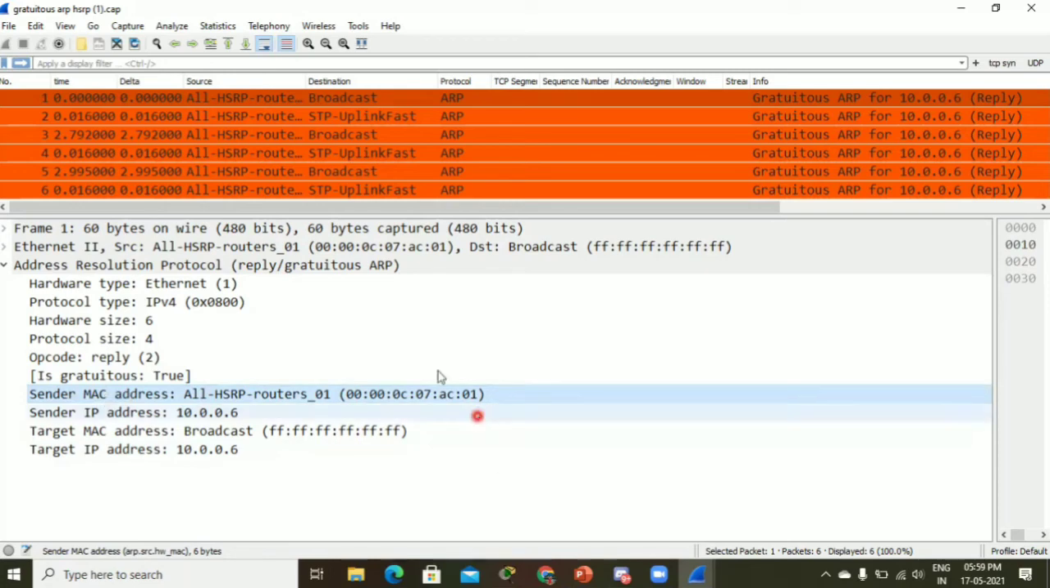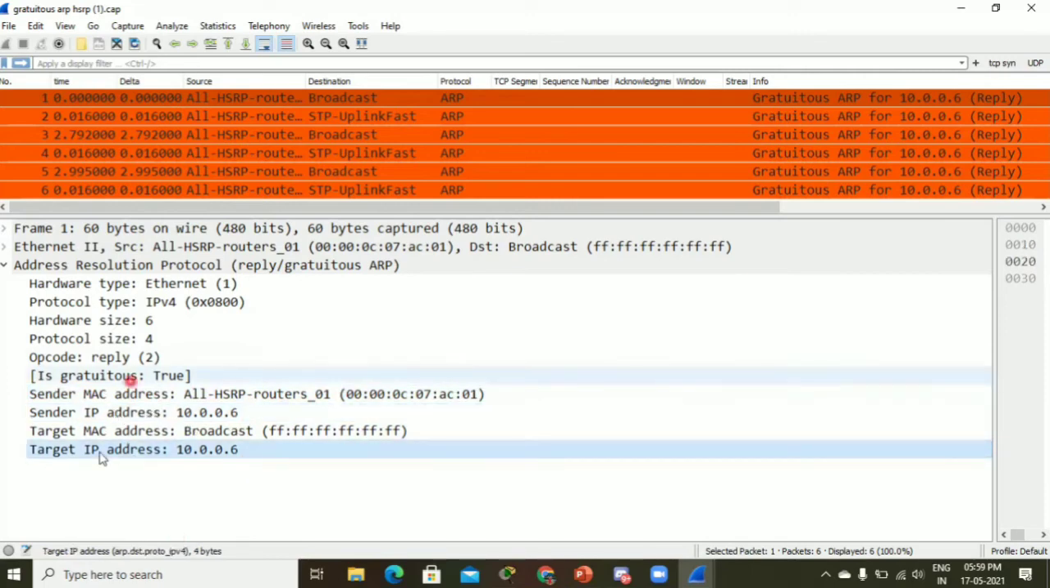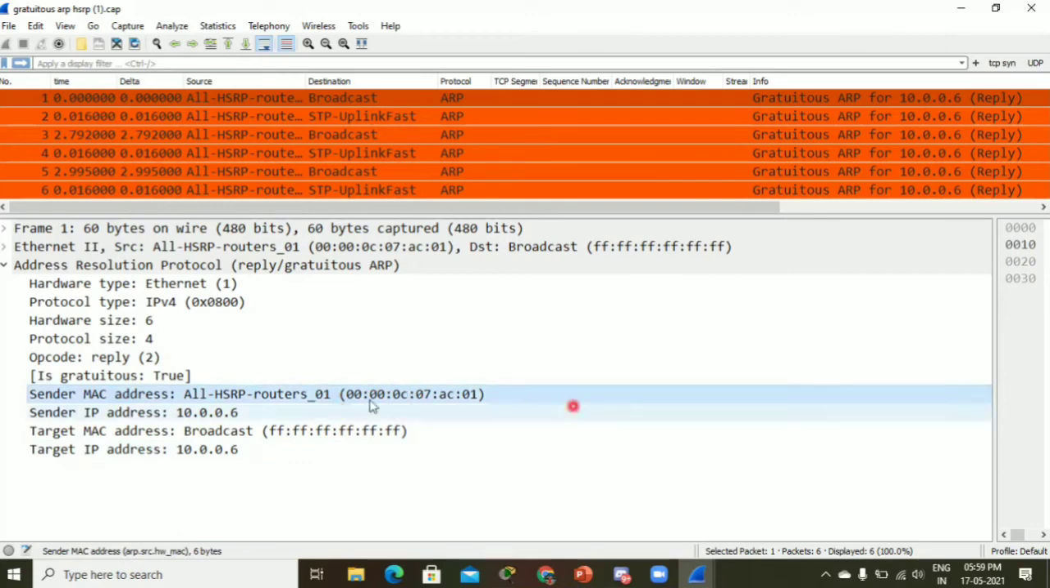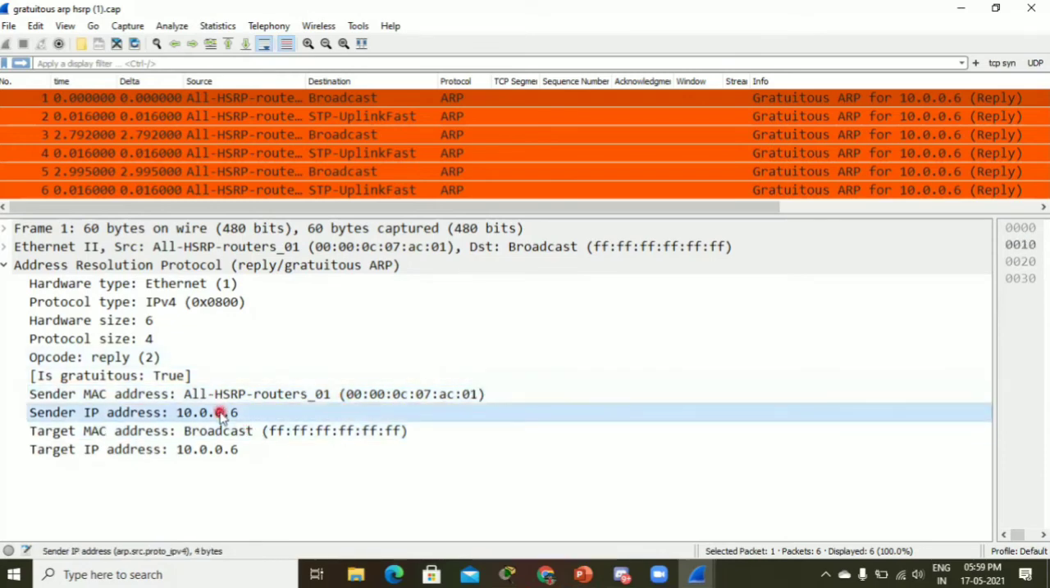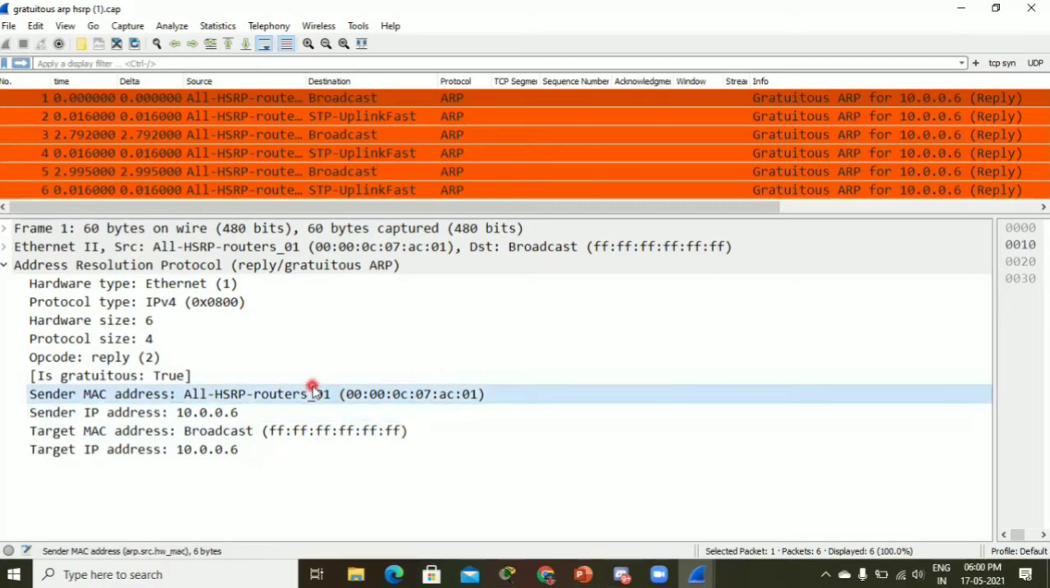Sender MAC address, which is the MAC address we are advertising. Sender IP address .6 and the target IP address of .6. So sender IP address and target IP address are the same. The target MAC address is broadcast, and the sender MAC address is the MAC address of the sender, because the sender is announcing its existence. So what it is doing here is sending its IP address and MAC address to the peers, the directly connected devices, saying that the MAC address for .6 is being changed, and this is the MAC address,